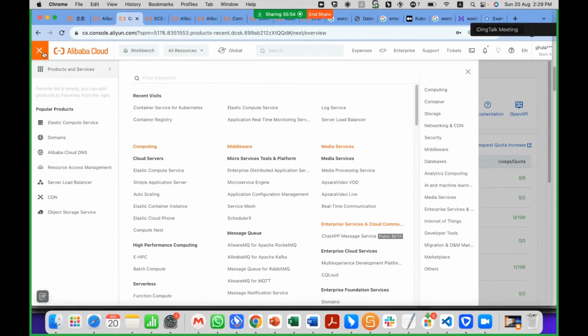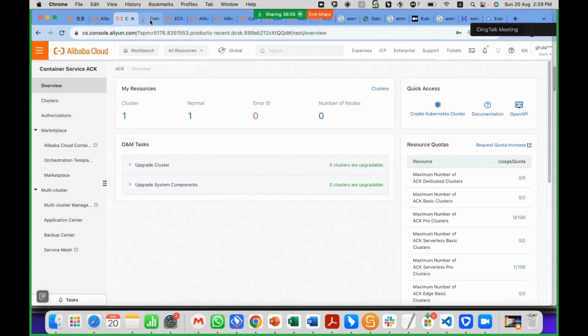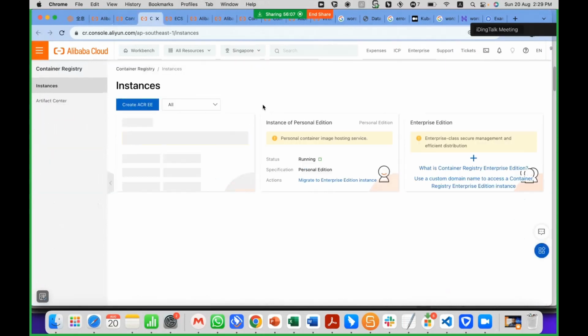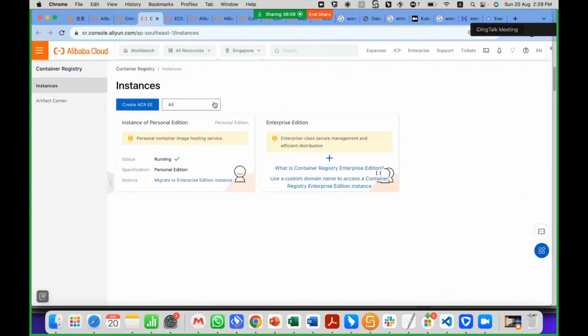So before starting Container Service for Kubernetes, let's talk about the container registry, where you can connect different types of repositories directly under your account. Currently we are offering two different editions: one is the personal edition, one is the enterprise edition.